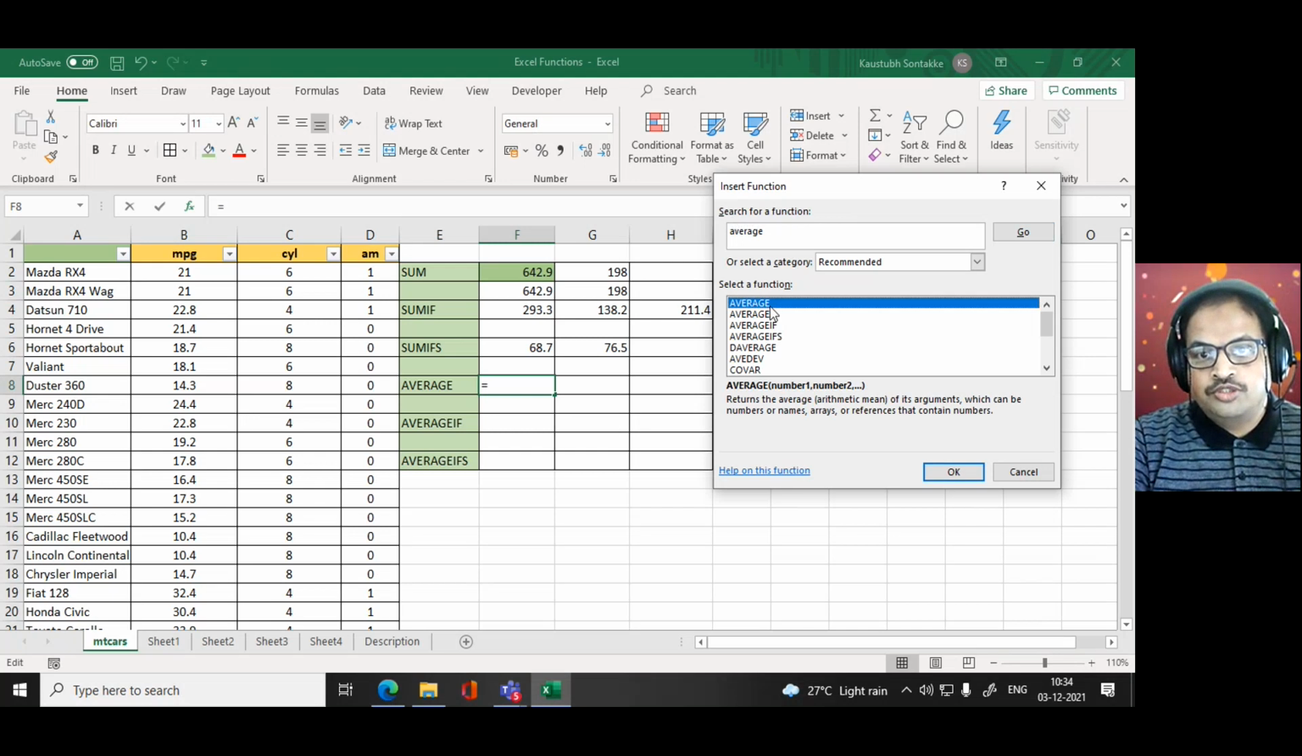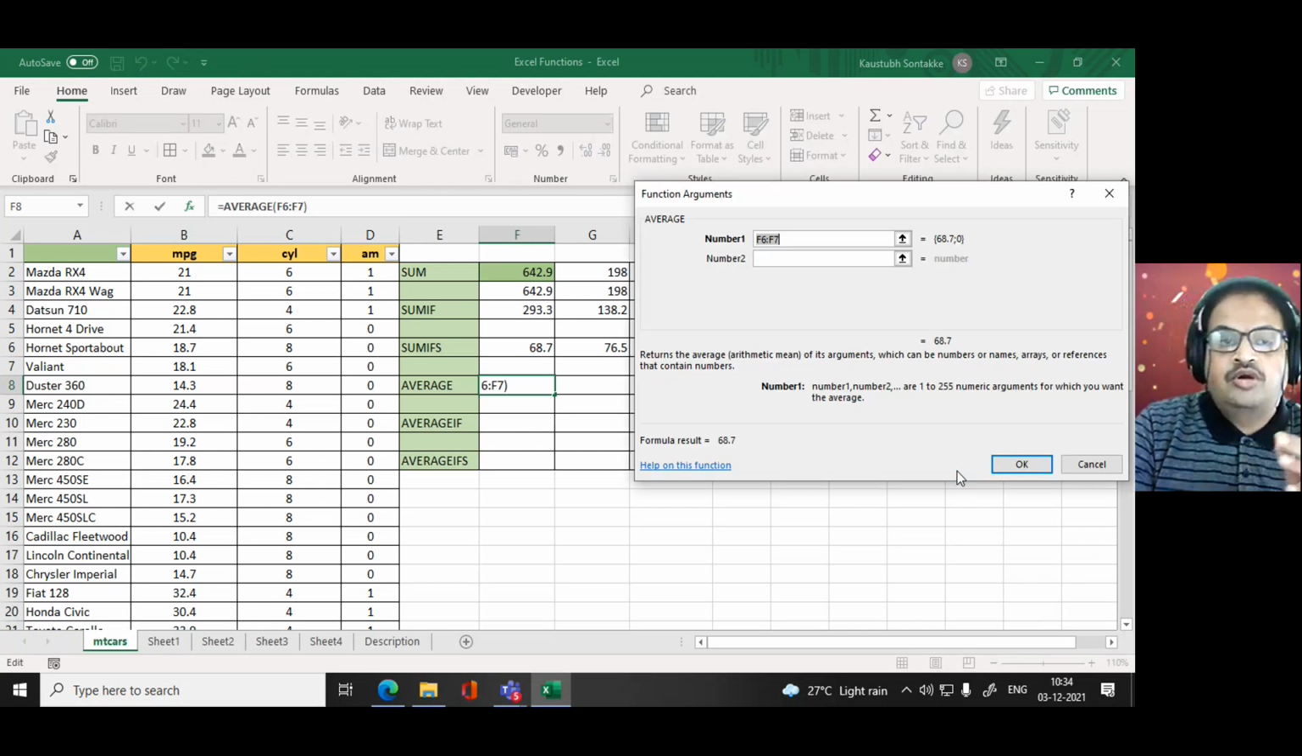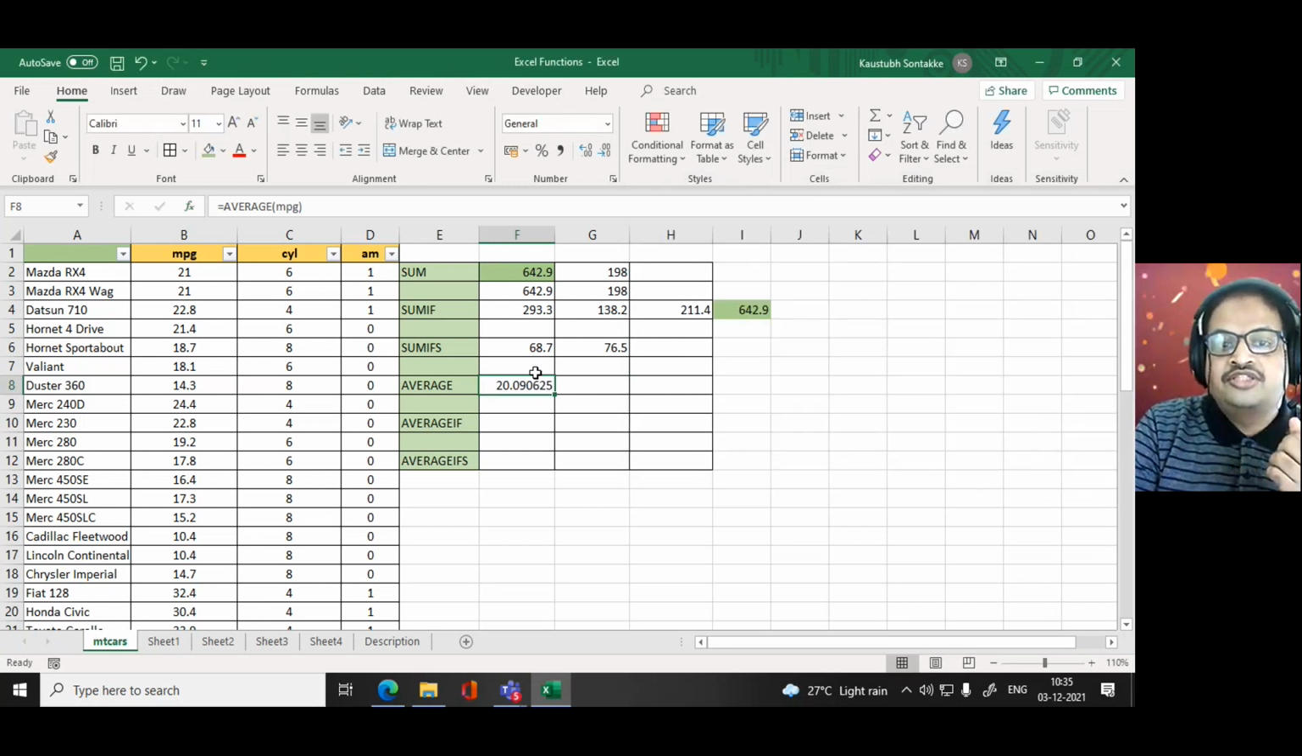You can see the first option you have is average. So what is average? A simple average we want to make. Average is the total of all the MPGs divided by the number of cars. So let's give the range here. Either you can give the range from B2 to B33, or you can type MPG here because we have given a range name here, MPG. So it will give you an average